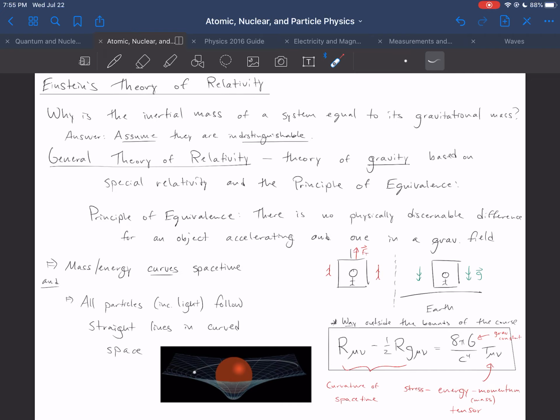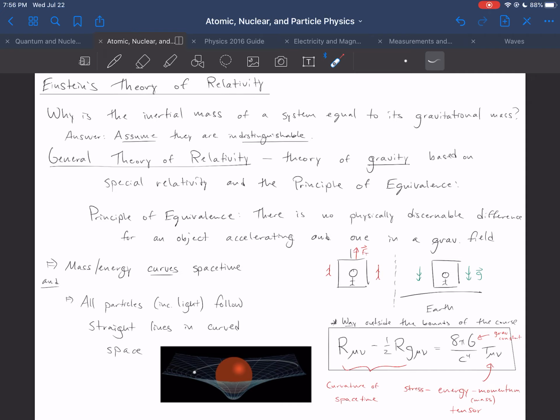But in some senses, this begs the question that we initially asked, which was, why is the inertial mass of a system equal to its gravitational mass? You notice that phrasing that I just used only mentions the inertial mass and doesn't comment on the gravitational mass or the gravitational properties of the system. And in part, that's because special relativity alone can't quite handle